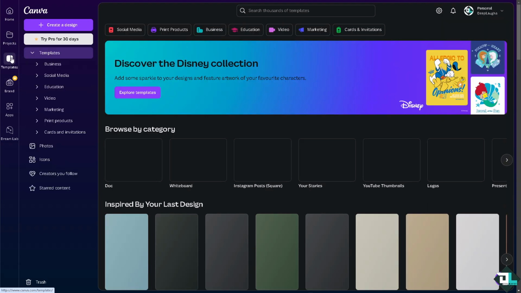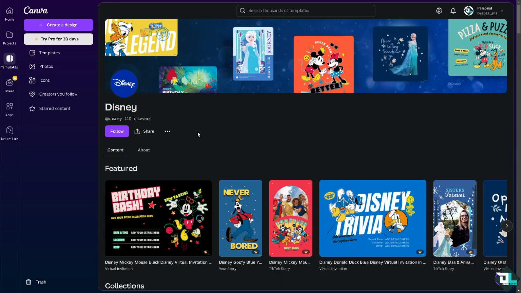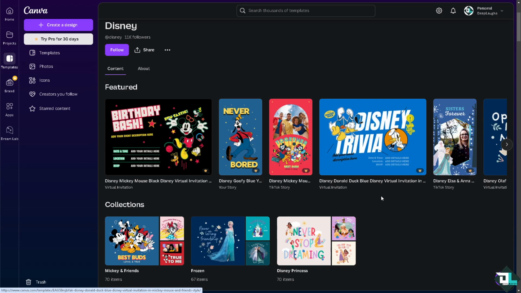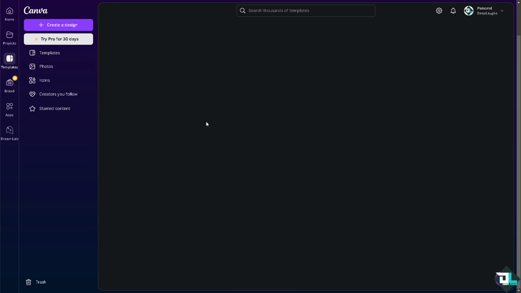Go to the templates. Click on explore templates. You see there's a lot. For example, this Disney Mickey. If you click that, it requires Pro. So let's search for one that doesn't have any Pro. Let's see using this one. All I'm gonna do,